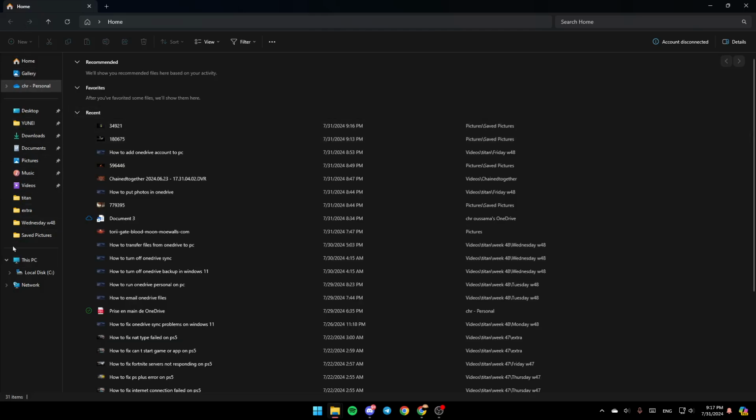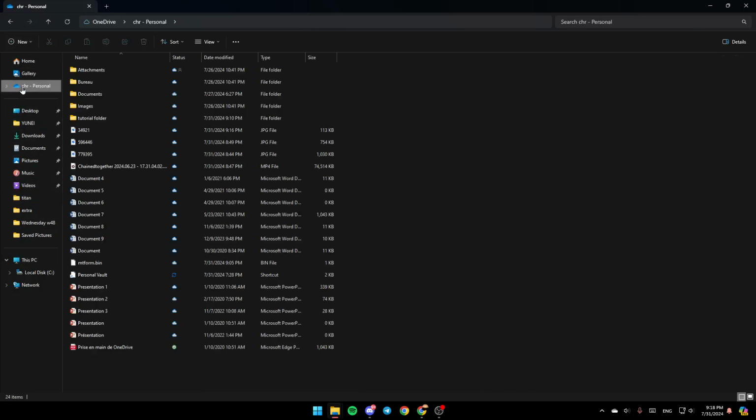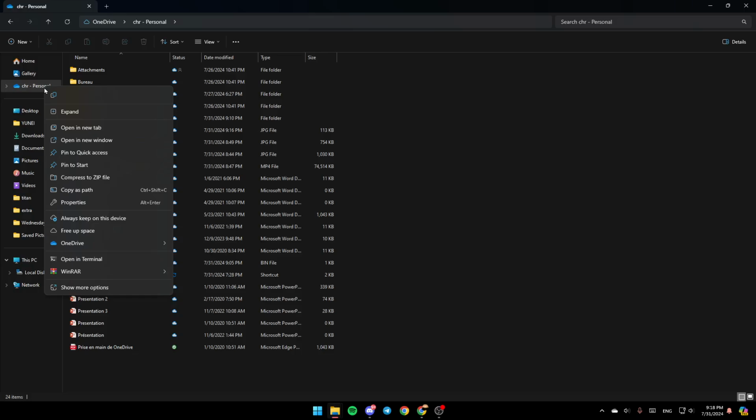Here in the left, you're going to find all of the sections. As you can see guys, right here, you're going to find the home section, gallery, and here you're going to find OneDrive. Go ahead and right click on OneDrive, and then here you're going to find all of the options